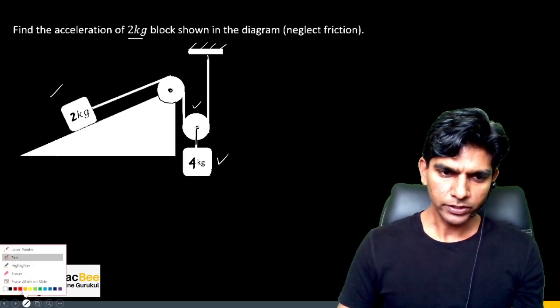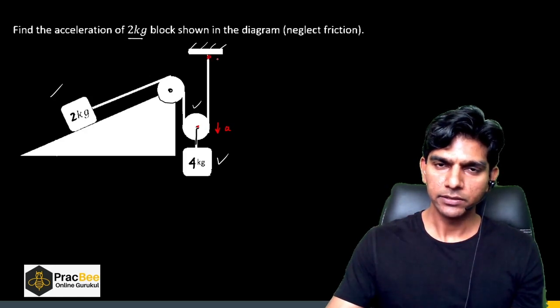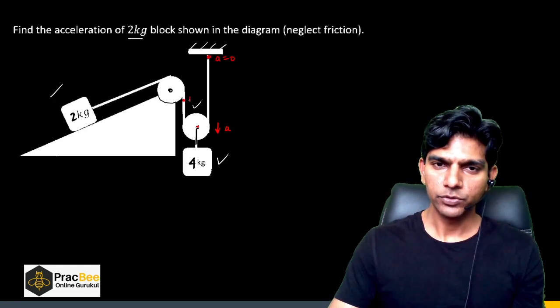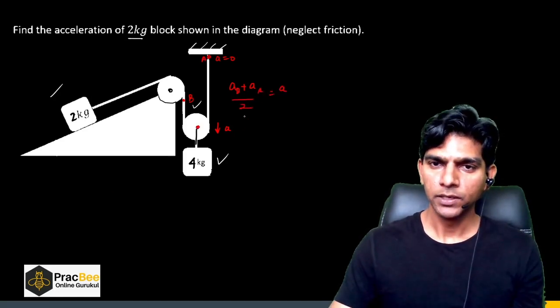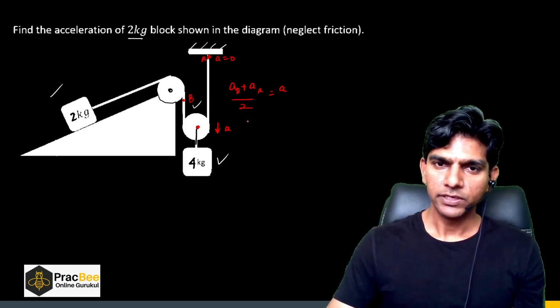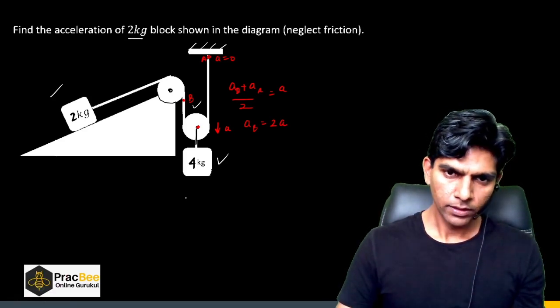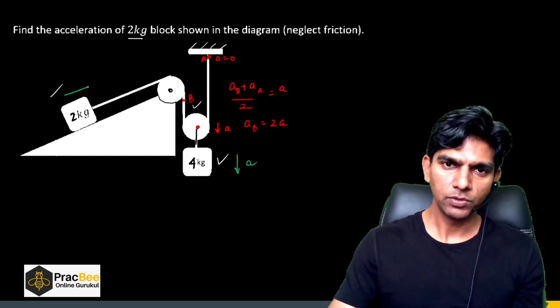Now here the pulley is moving. So if the center is going down with an acceleration a, this end is at rest, so its acceleration will be 0. If I consider this point, say this point is b, and this point is a, then (acceleration of b plus acceleration of a) by 2 will be the acceleration of the center of the pulley. So a is 0. So the acceleration of point b will be twice the acceleration of the center of the pulley. So if the